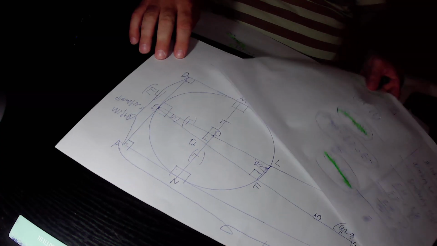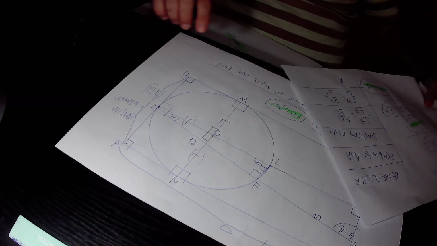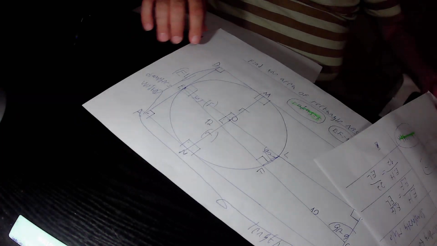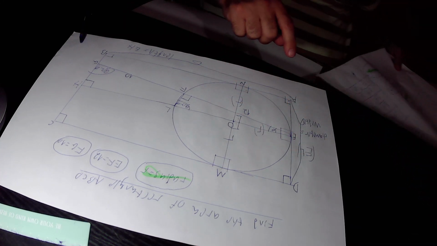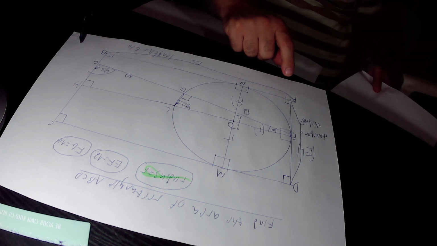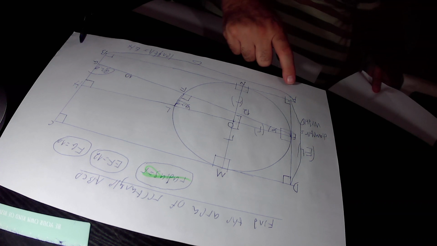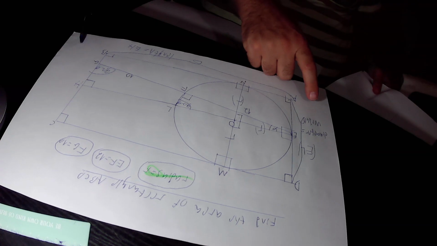So DA is the diameter of the circle, and therefore the width AD is also the width of this rectangle ABCD. And therefore we derive that the diameter of the circle equals the width,